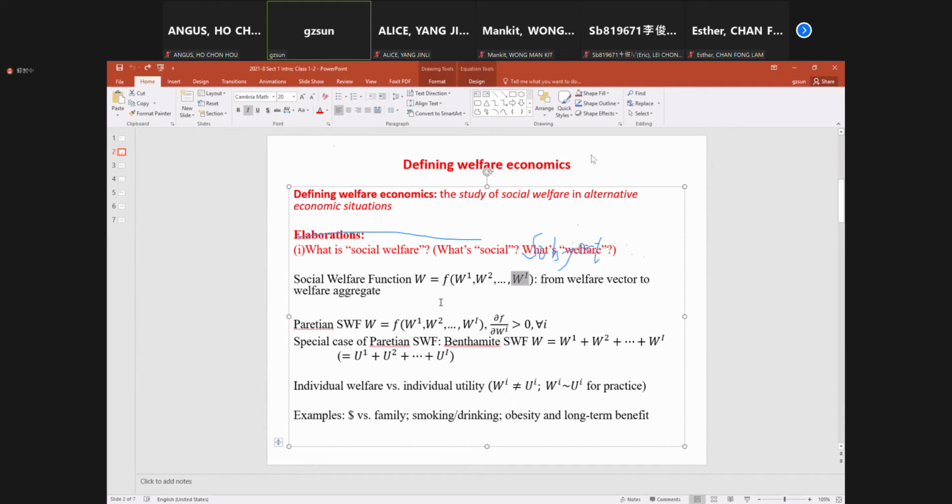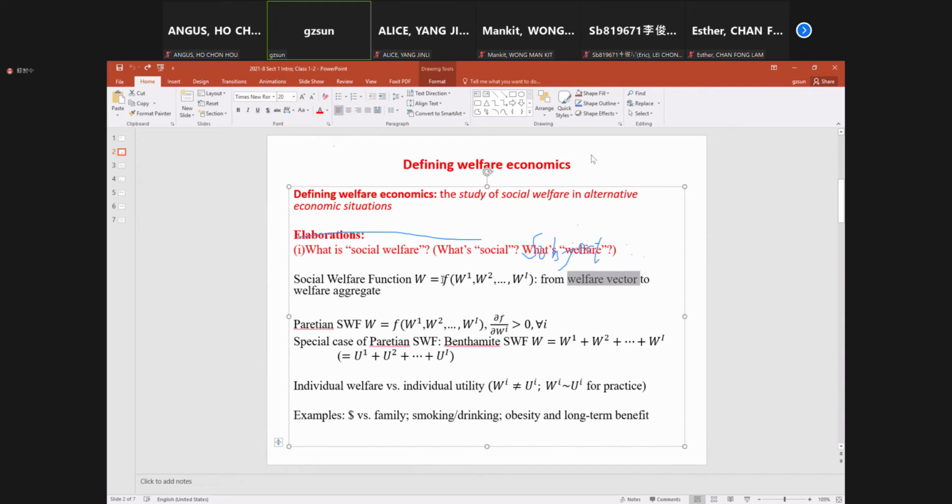Everyone matters. Nobody is nobody. Everyone is somebody. And so this is the key idea. Everyone is somebody. So that is everyone matters. So therefore, every member's welfare is important for the society. But the point is we need to aggregate, we need to transform the individual level welfare into a society level. Basically, this is the vector.